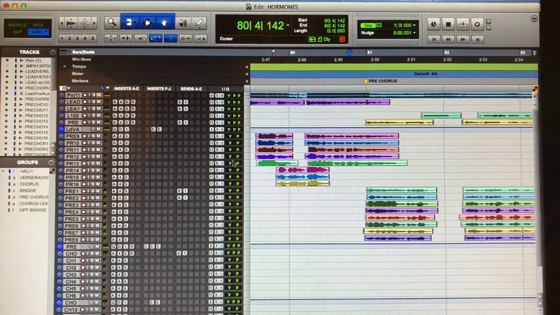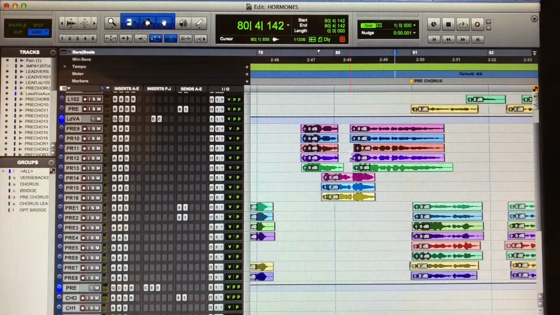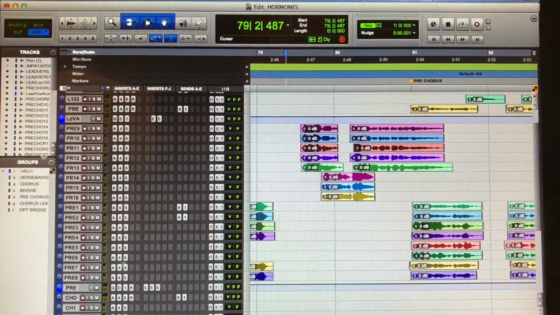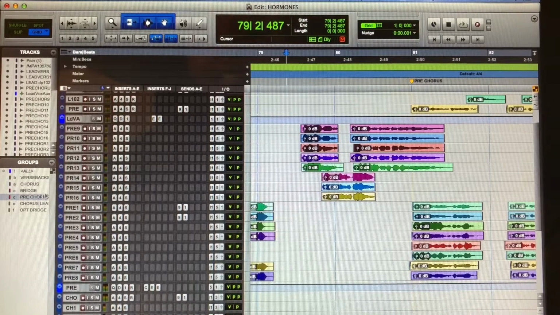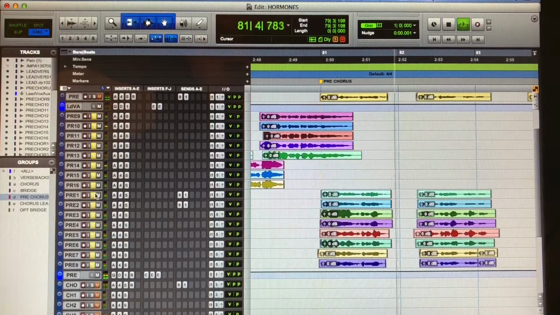So for this part, I felt like this is the reign of the song. People are crying, and women and men were in their emotions at this point. So as you can see, I grouped the pre-chorus. It'd be easy for me to mess with. So this one, what I did was I put the pre-chorus on its own